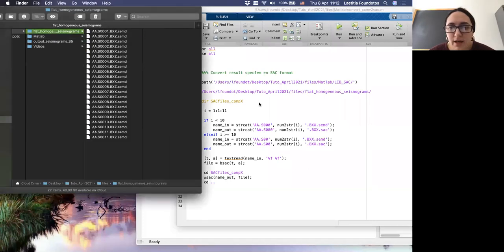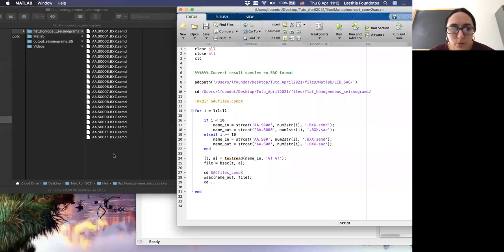Then inside my directory, I want to create a directory that will contain all the output files in SAC format. Then I will make a loop over the 11 stations.